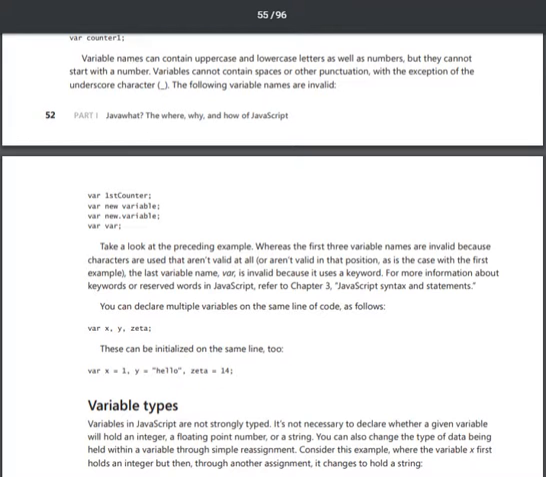You can declare multiple variables on the same line of code as follows. Variable x, y, and zeta. These can be initialized on the same line too, where variable x is equal to y is equal to hello, and